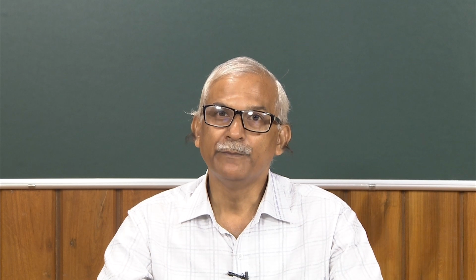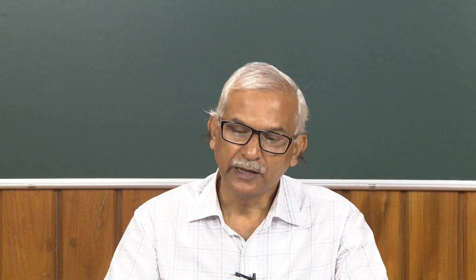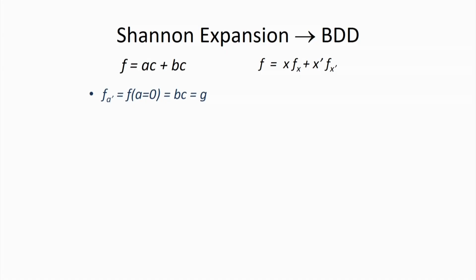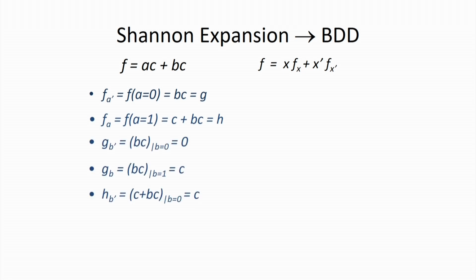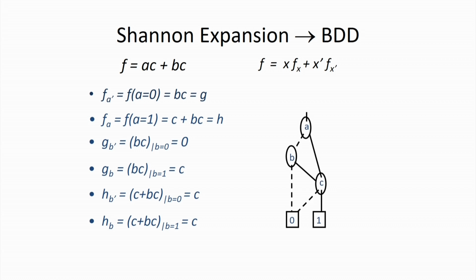Already we have mentioned one example. Again you can see another example, the same motivating example that we are discussing here. In that particular case we have seen that if I take the function f equal to ac plus bc, and if we are using the variable ordering a, b, c,